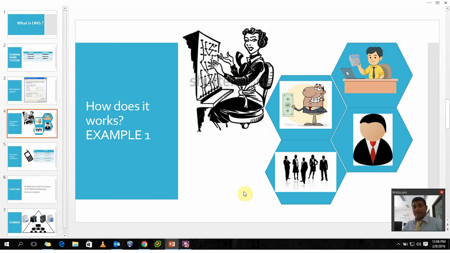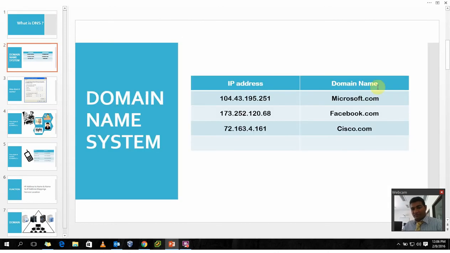DNS provides this naming facility because you don't have to type the IP address of a specific domain. Like if I tell you to go to 104.43.195.251, it will be very difficult for a non-technical person who is not aware of IP addresses. They would ask, what number is this? Is it a telephone number? Where will I write this number and how can I access this? Instead of that, if I give them a specific website address,